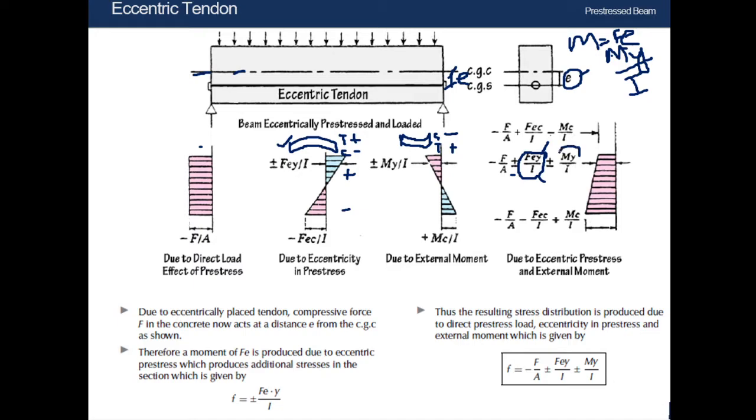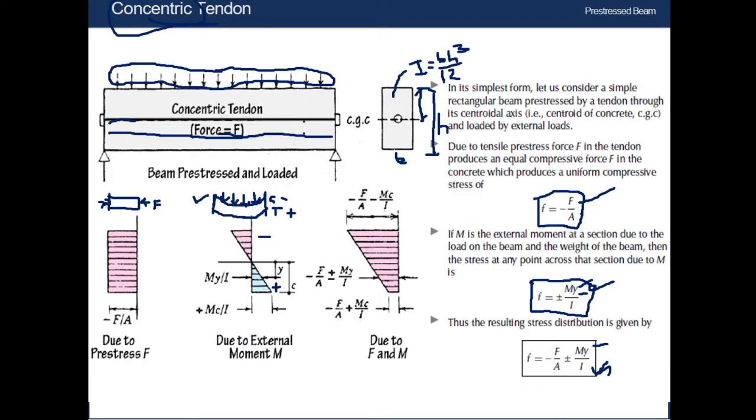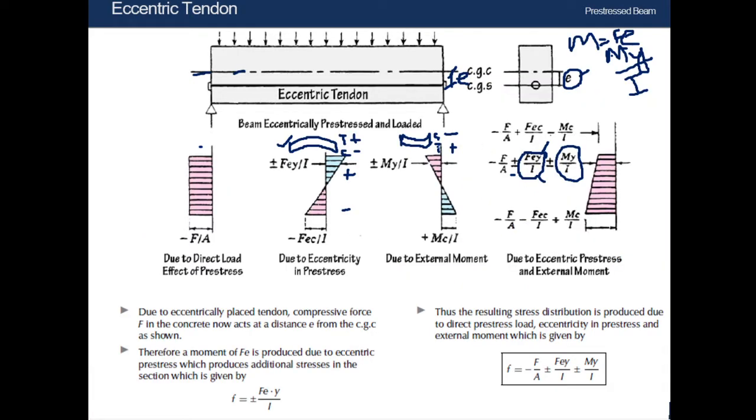and this My by I is simply like the previous one we have told. That means due to the external loading which came, we know that this will come. That means compression in topmost fiber and tension in bottom fiber. So and this F over A is simply due to compressive force. So we can see here this extra term,